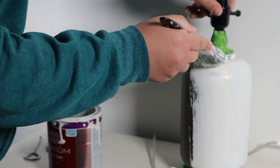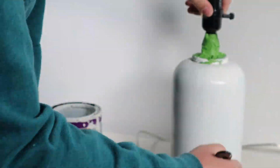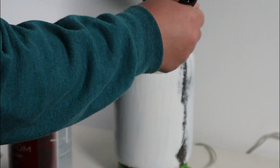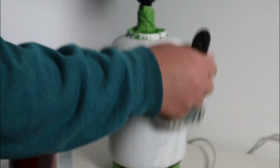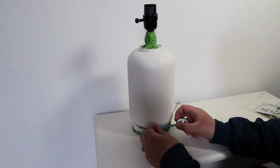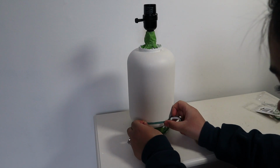Also, if you notice here, I am using a paintbrush. I am one of those people who actually like the look of paintbrush strokes. I don't know why. I couldn't tell you why. But I will say that for me, it was important to kind of make sure my brush strokes were going in the same direction and were completely straight. So after about 3 coats of that paint, I was ready to go on to the little detail at the